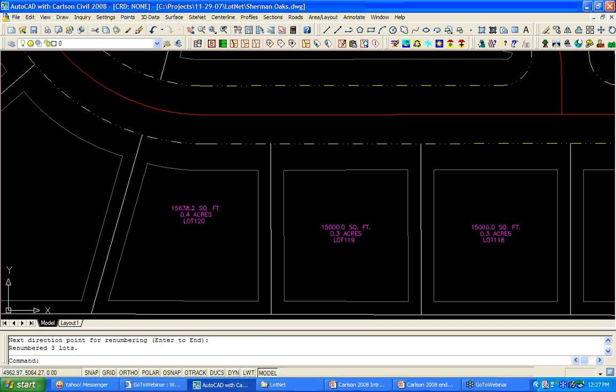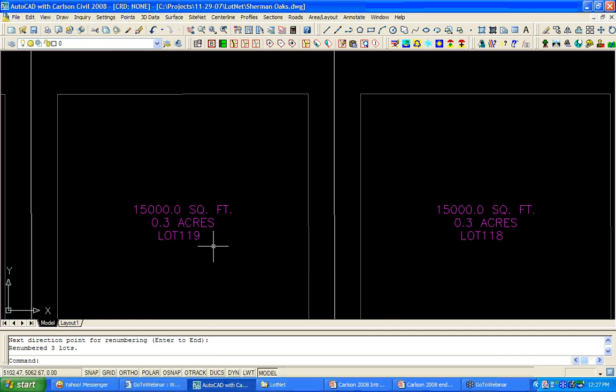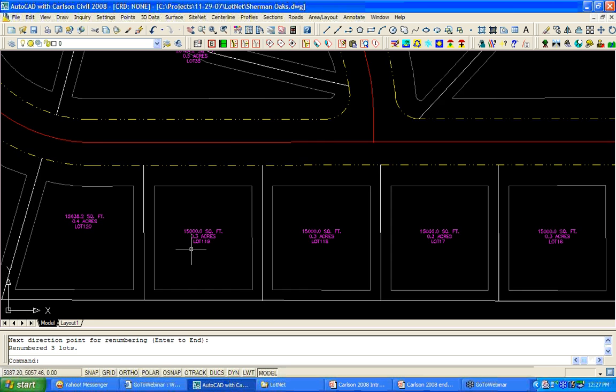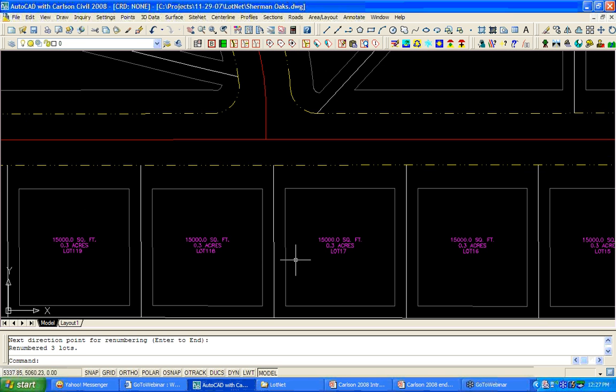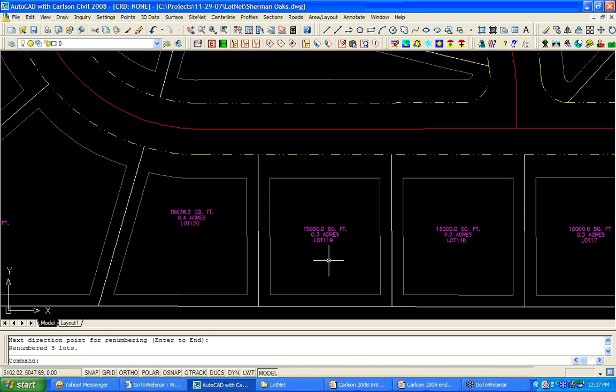And you can see how it renumbered them. I've got now 118, 119, and 120 here. And these are still 17, 118. See how I renumbered just that one area that I wanted to renumber? So you could come back and modify this as much as you want to here